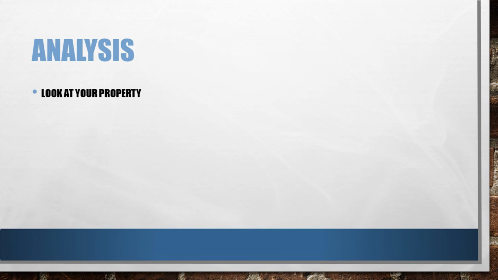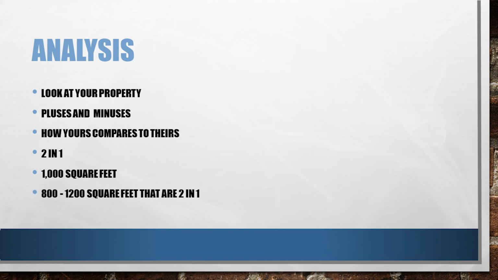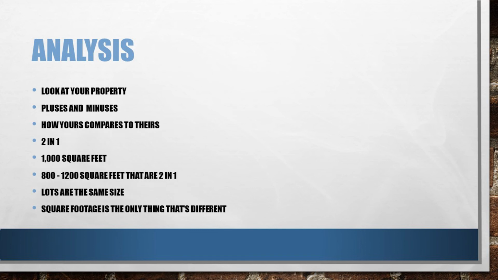You're going to look at your property, the pluses and minuses, and how yours compares to theirs. So again, it's a 2-in-1. It's 1,000 square feet. You're looking at things that are between 800 and 1,200 square feet that are 2-in-1s. On that kind of a multiplier, let's assume the lots are the same size. Everything except for the square footage is the same. That's the only thing that's different. On that property, you've got to be really conscientious that you do the division. You go, okay, well, 1,000 into whatever it sold for times 800, if whatever it is your price,